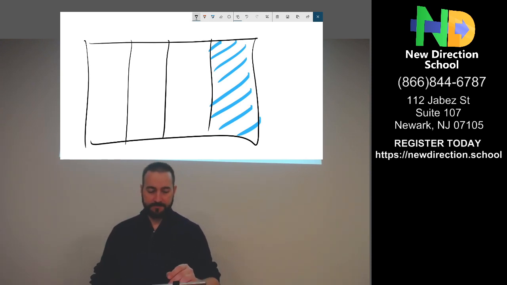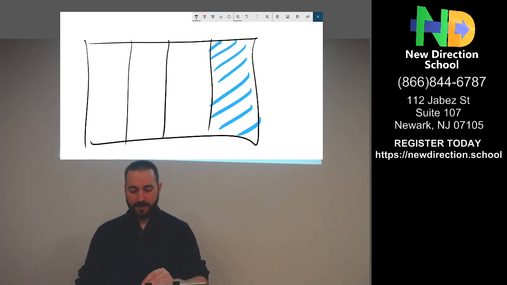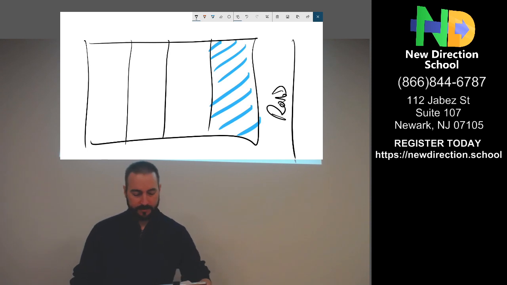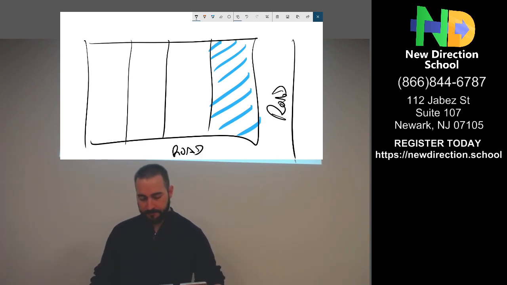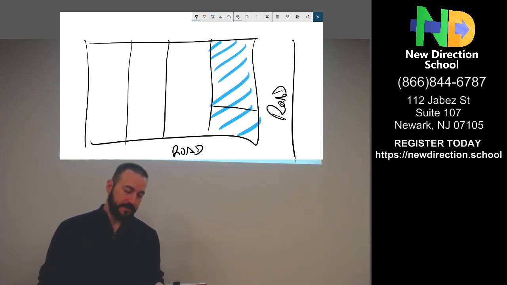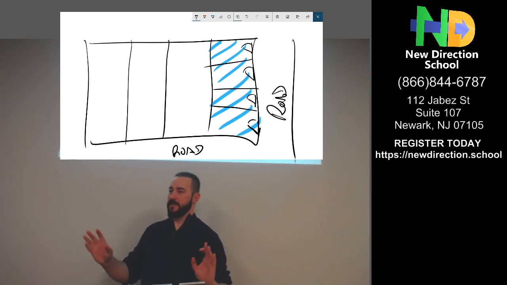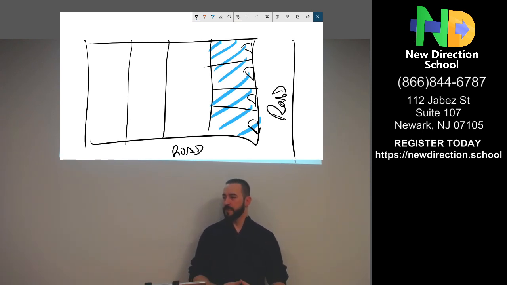In fact, we are facing the road here, right? And there's a road here as well. So the houses could be like this, with the doors or the entrance right here. Does that make sense so far? In the state exam, it's not going to be this complicated, but I want to